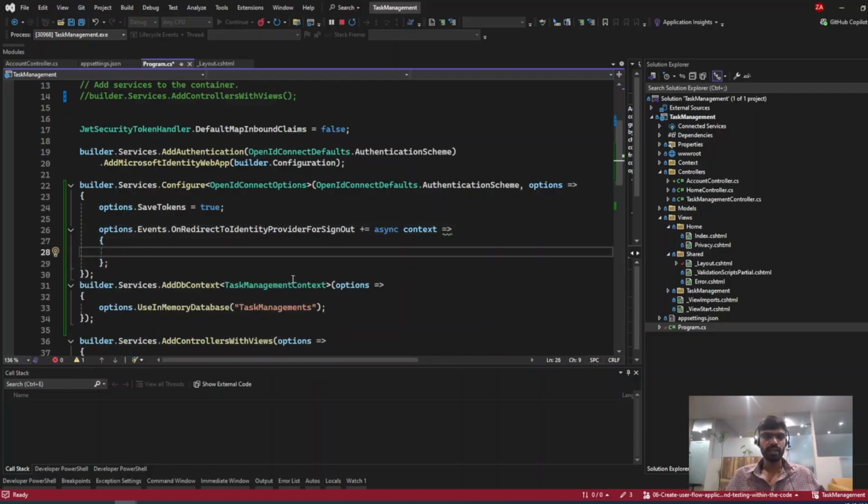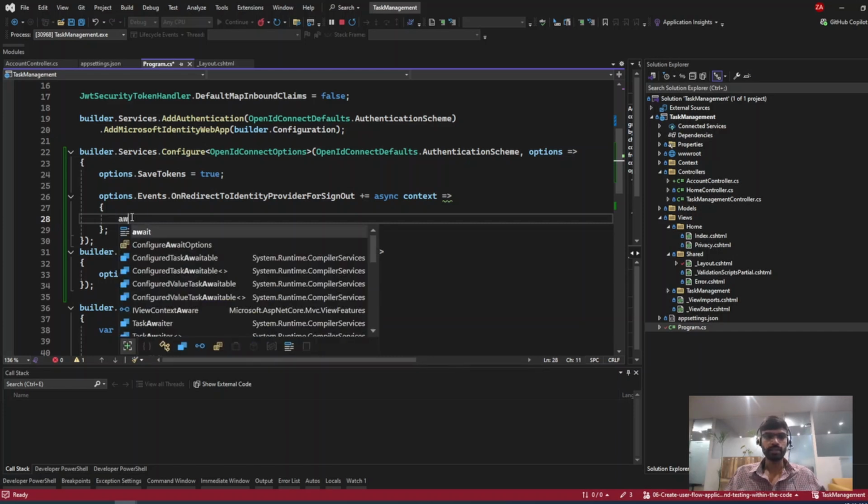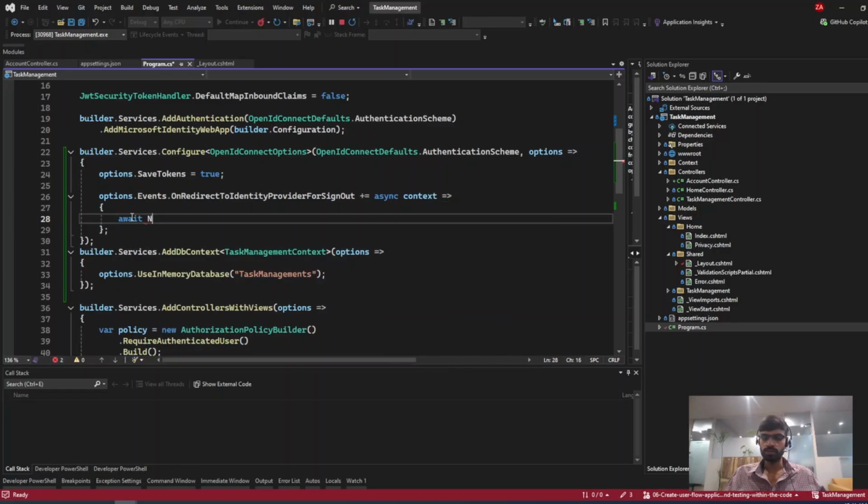So now here we can make a call to any external API or external party. Let's define a method, await NotifyExternalAPIs,